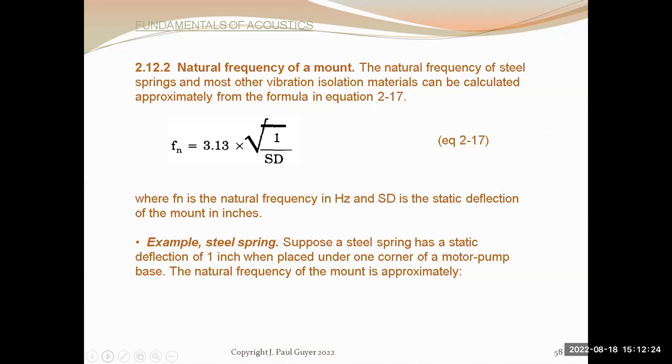damaged. There is a formula that has been developed, which is equation 2.7, where the natural frequency is 3.13 times the square root of 1 over SD. And SD is the static deflection of the mount, the spring loaded mounts, in inches. So in the unloaded condition, say the spring is 2 inches long, you put the fan on it and it's compressed to 1 inch. So then the static deflection in the loaded condition is 1 inch. And you plug in that number and calculate f sub n, the natural frequency. And if the fan is running at that natural frequency, then it's